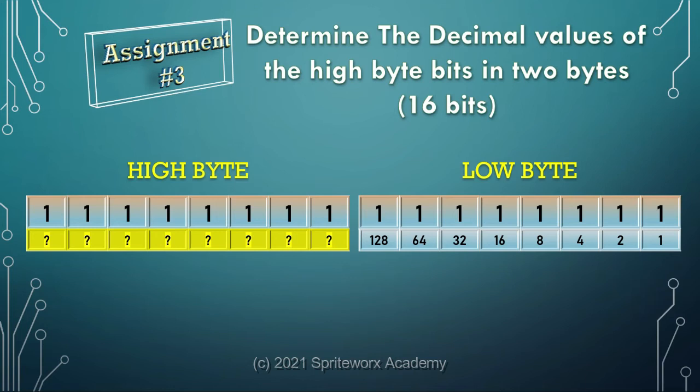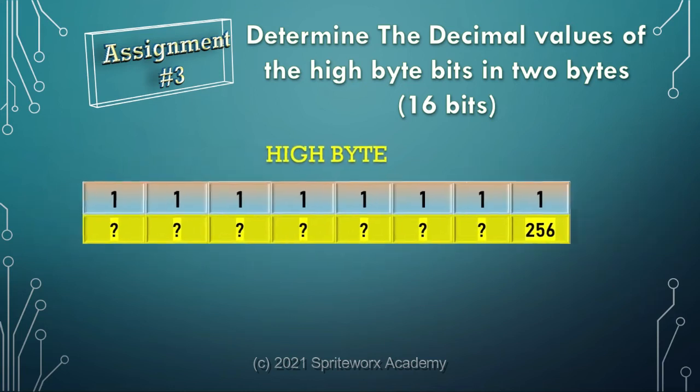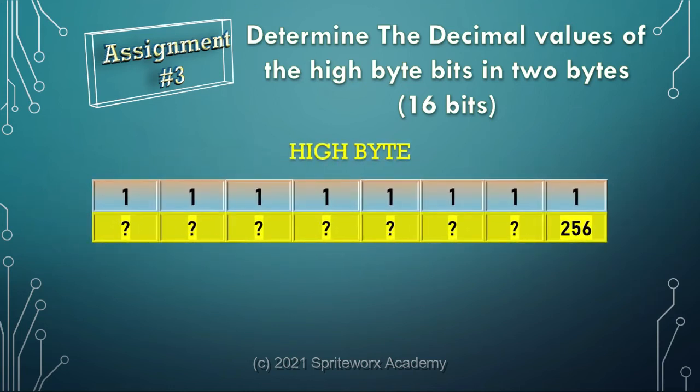So now all we need to do is continue on with that pattern and double our 128, which gives us 256. So let's just expand this a little bit so we can see it a bit better. And we'll just focus on the high byte now. So let's go ahead and continue doubling these decimal values over to the left-hand side, which would give us a